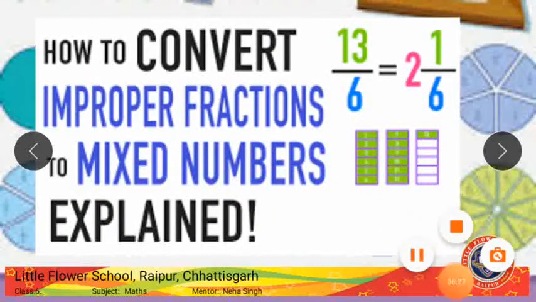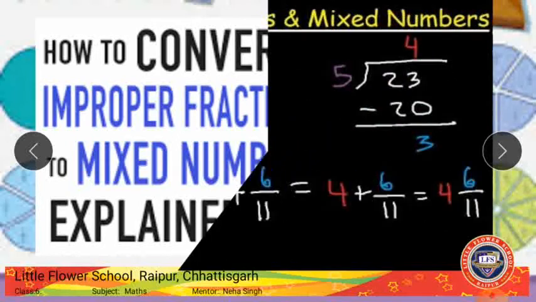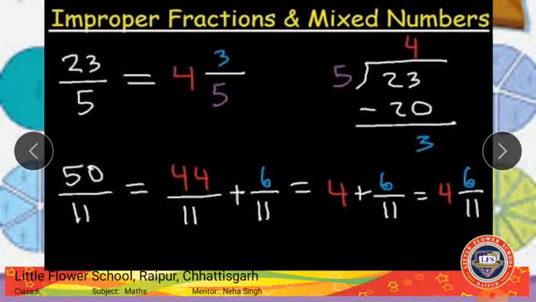Now when we move to the next topic, there are questions in this exercise where we need to convert improper fractions like this, whose numerator is greater, into mixed fraction. How can we do that? Let us see through the example. Now suppose there is an improper fraction 23 by 5, right? So what will I do? I will divide 23 by 5. 5 4s are 20. Subtracting, we got 3.